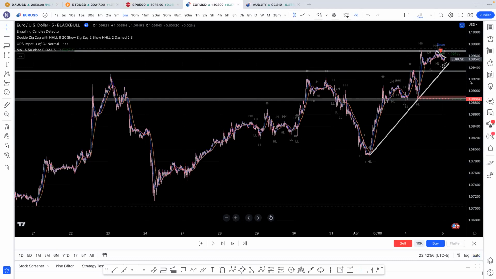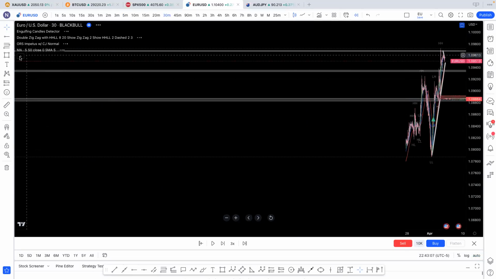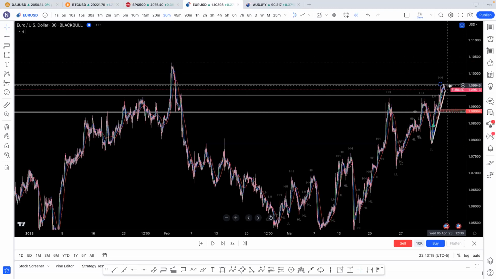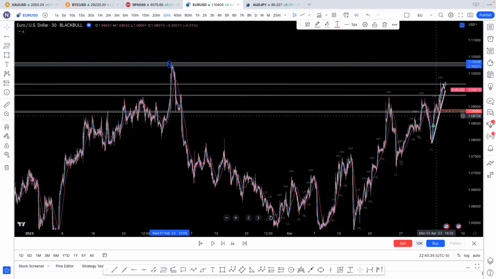I'm trying to turn this auto off. Okay, so I need to go up in time so I can see where price is on the other side to capture a higher level. This top structure here is pretty key because it looks like price has already hit it a couple of times. And then I have this particular high. So that could be a potential target for the